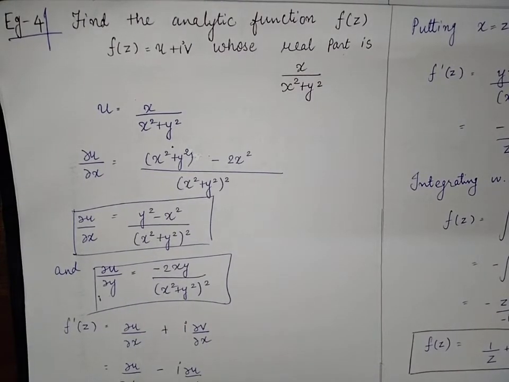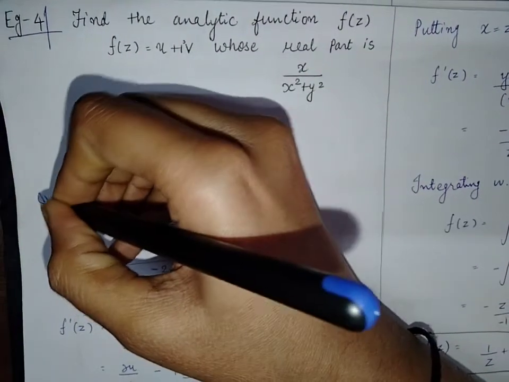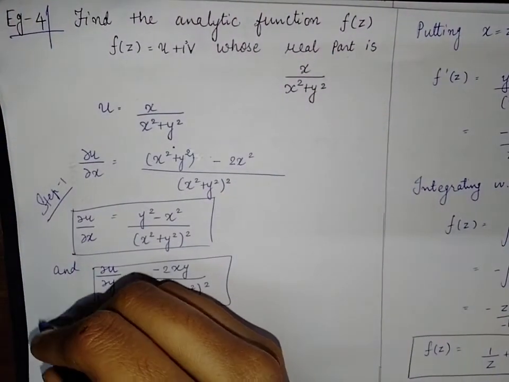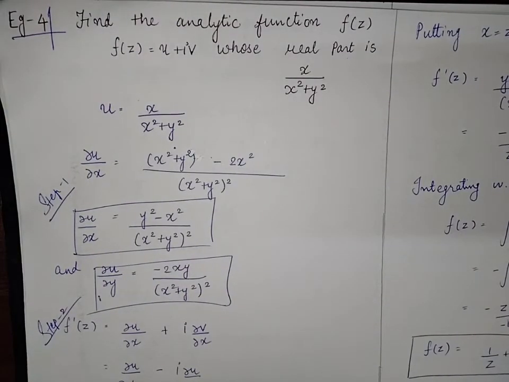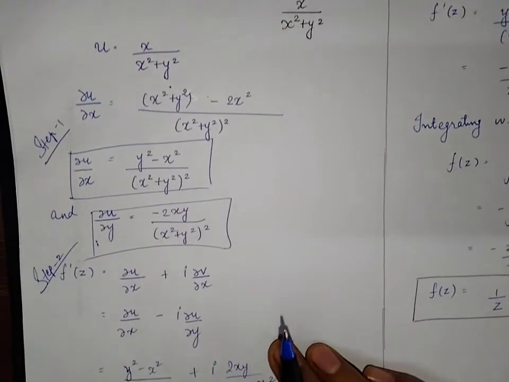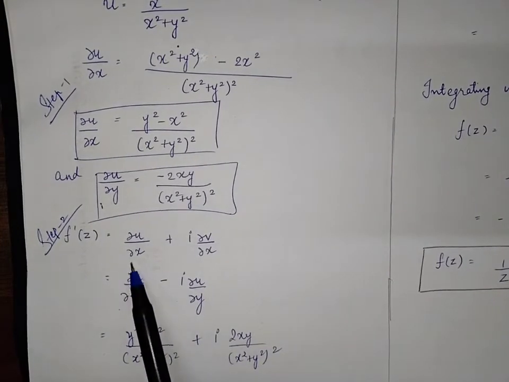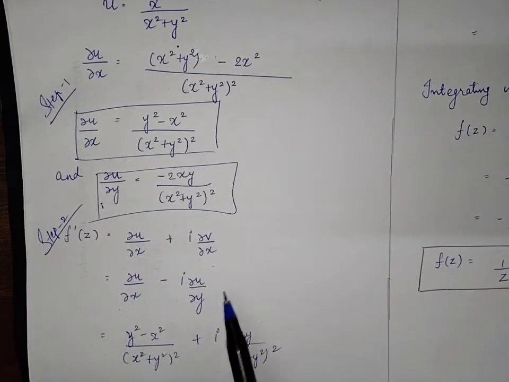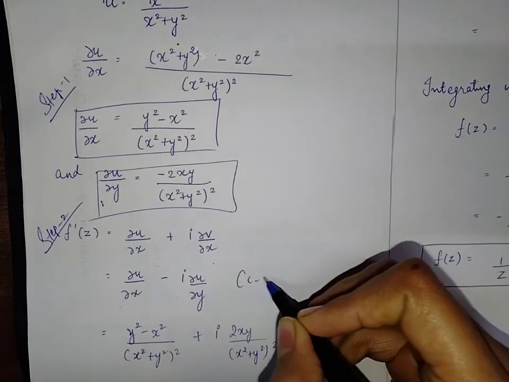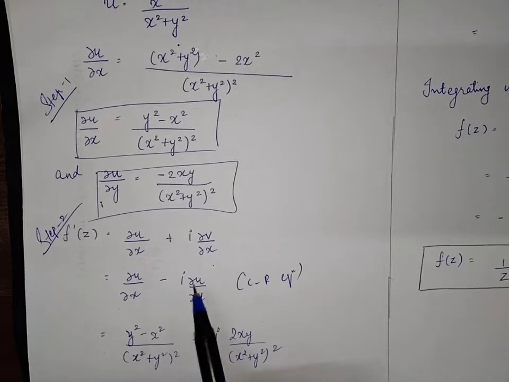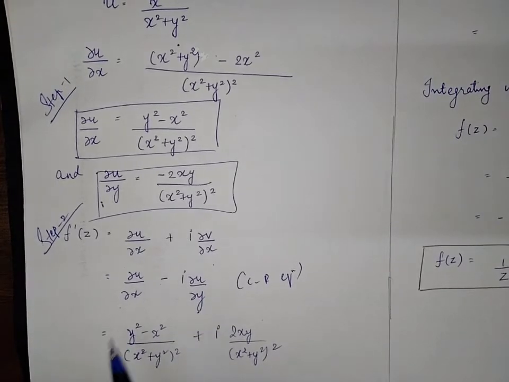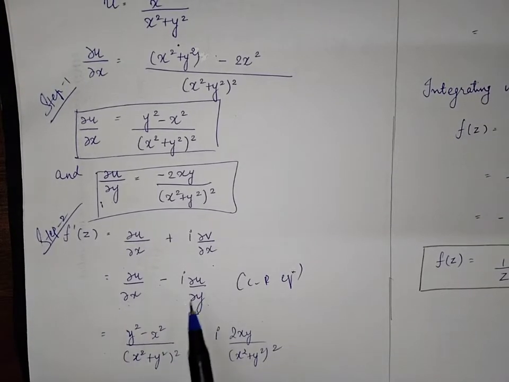Okay. So this was your step 1. So what will be your step 2? To find f dash of z of the real part. So you have to use the formula of the real part, that is del u by del x plus i del v by del x. But according to CR equations, what will come in place of del v by del x? Minus del u by del y. Now you have both these values. So let us substitute these two values in this and we will get f dash of z.